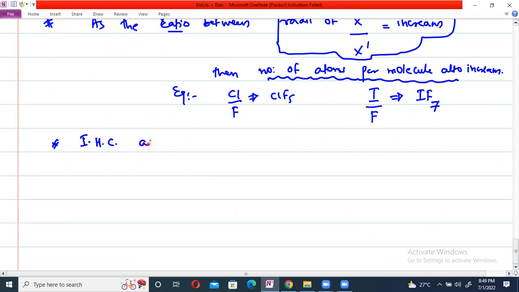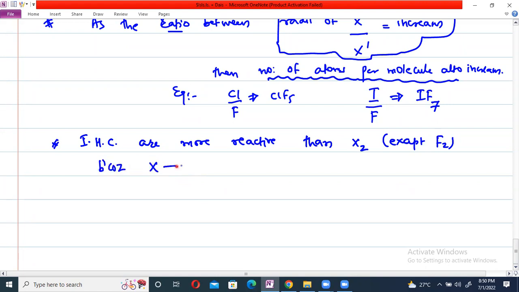Interhalogen compounds, IHC, these are more reactive than X2, meaning halogen. But one exception is there for fluorine. Other than fluorine only. Meaning if you compare the reactivity of fluorine with an interhalogen compound, our fluorine becomes more reactive, right? And in the same way, if you talk about why the interhalogen compounds are more reactive than the halogens, because